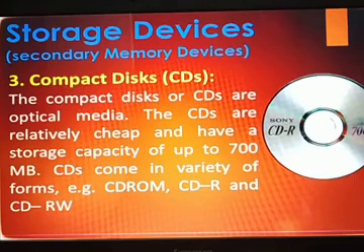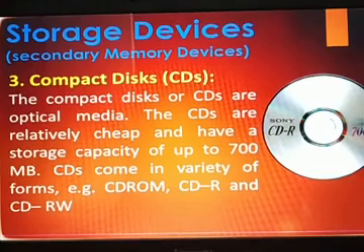There are two types of CD. The first one is the CD-R. CD-R discs can be written once but can be read again and again. And the second one is the CD-RW. It's a rewritable disc. This type of CD allows erasing previously recorded data and writing new data on the same disk.